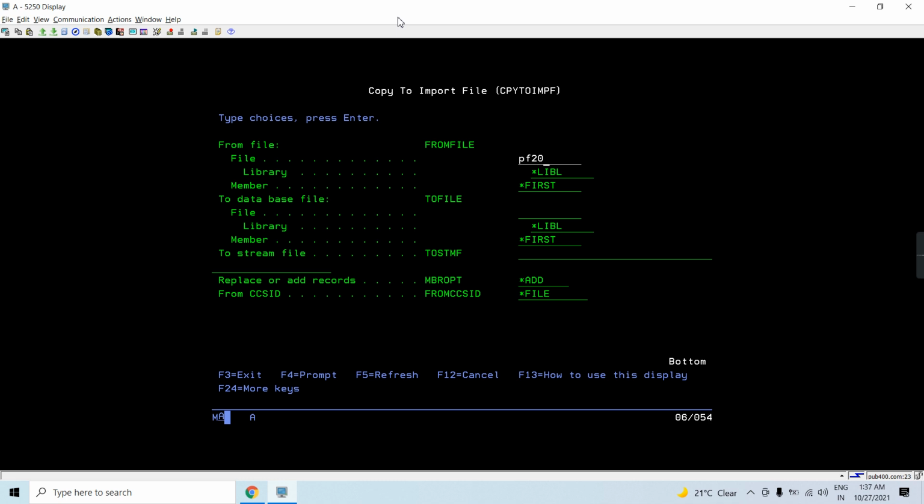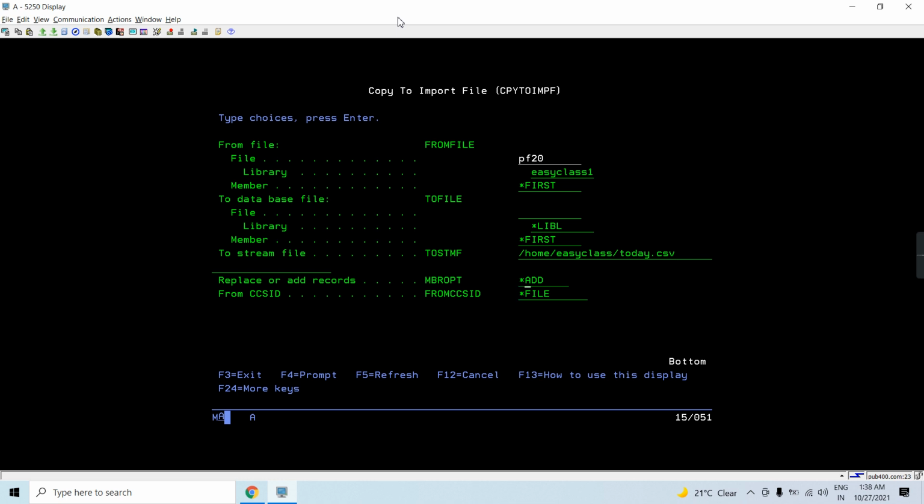I'll be using pf20 as my file, easyclass1 as my library, and the first member. For the to file, I'll be using the stream file instead of the import file: /home/easyclass, and let's say I'm going to create today.csv. You have seen in my previous videos that I wasn't giving any extension, but the extension to this file would be .csv, comma separated values, or you can also say delimited separated values file.